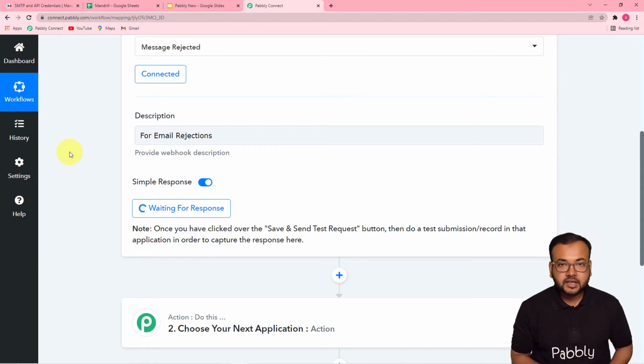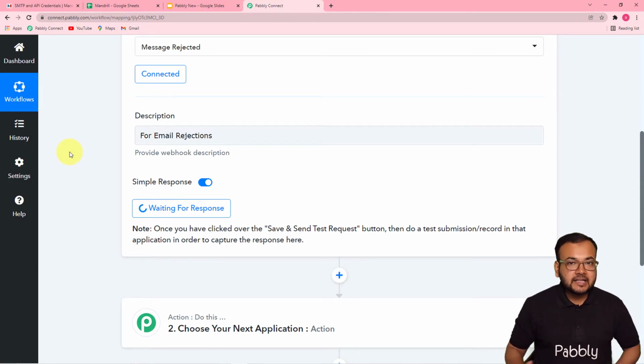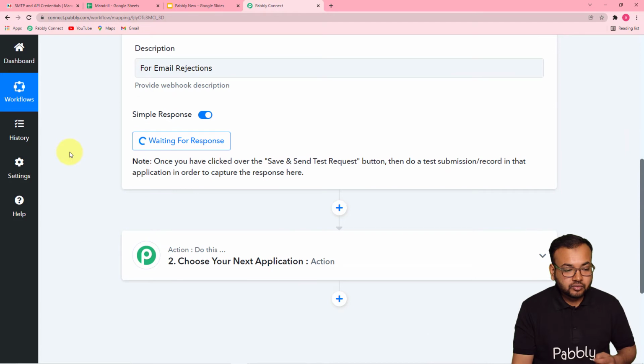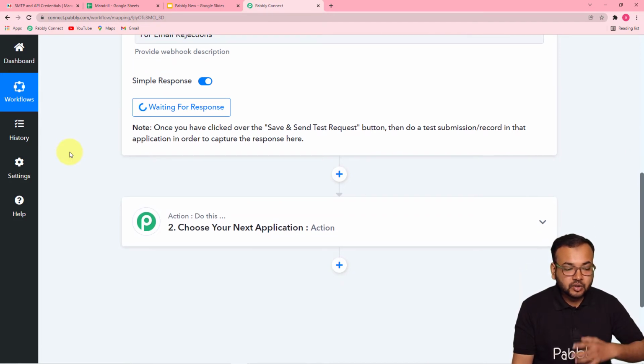Okay, you can see. So guys, if you are running any email marketing campaign live on Mandrill, it will capture the response whenever the email got rejected. But now I'm not running any campaign. So what to do to capture the response? Let me show you. So for setting up this automation, if you're not running the campaign, what you can do,